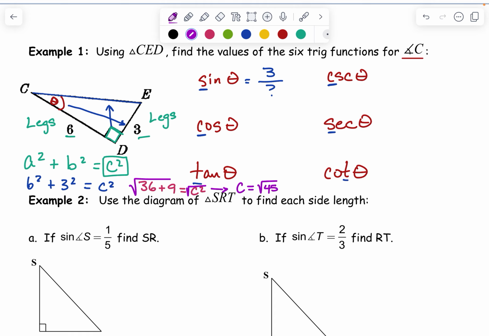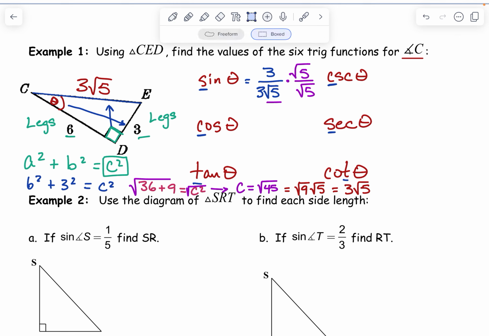And then I can simplify that, just like we did in lesson 6.1, into square root of 9 times square root of 5, which is 3 square root of 5. So my hypotenuse is 3 root 5. So instead of having this unknown down here, I know that it's 3 square root 5. Now, just like we talked about in 6.1, we would want to rationalize this. We do not want to leave this radical in the denominator. And so we would want to quickly cancel that out. And we would get,